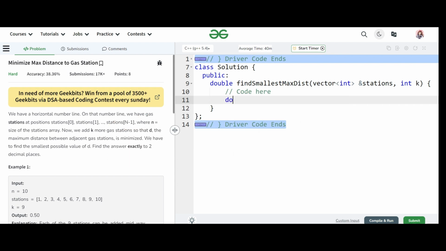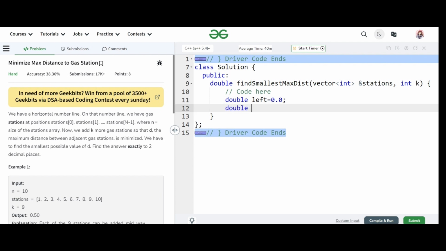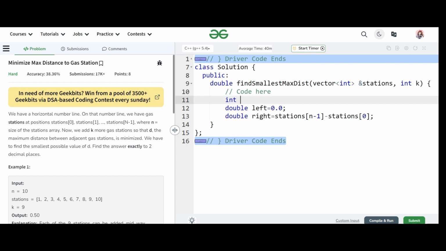So what we were doing, we were using a left pointer which was initialized to 0.0. We were using a right pointer which was initialized to the difference between the last and the first. Let's take the size here.